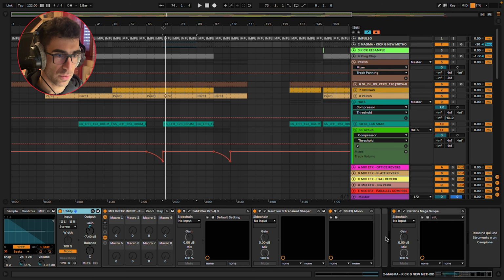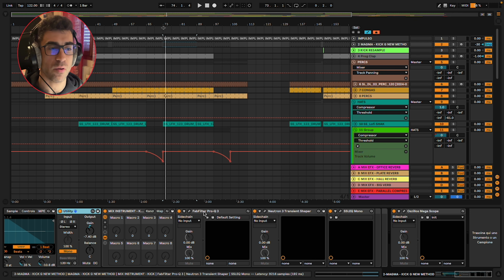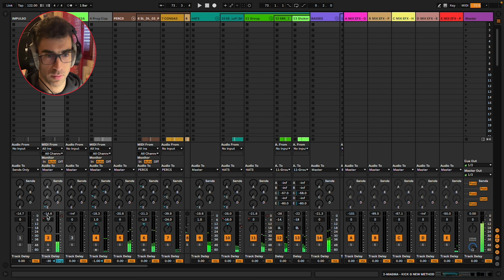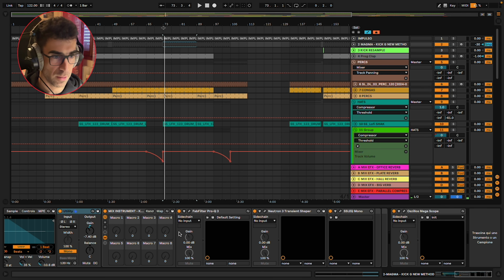And also many of the plugins we use nowadays have some sort of sweet spot around -12, -18. So I still prefer to stay in that sweet spot. So as you will see, all my tracks are peaking around that number.